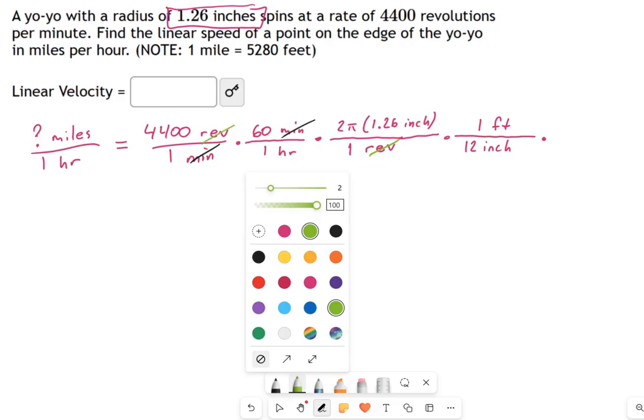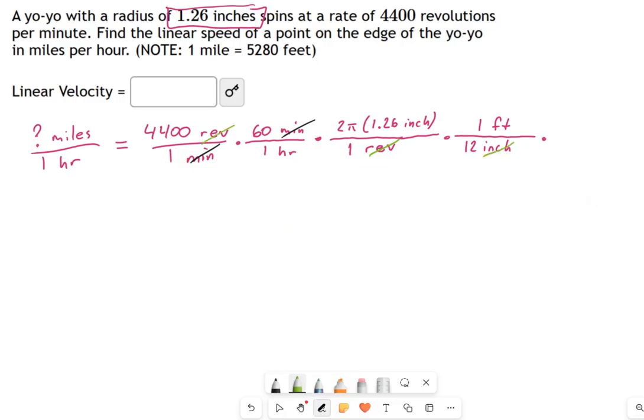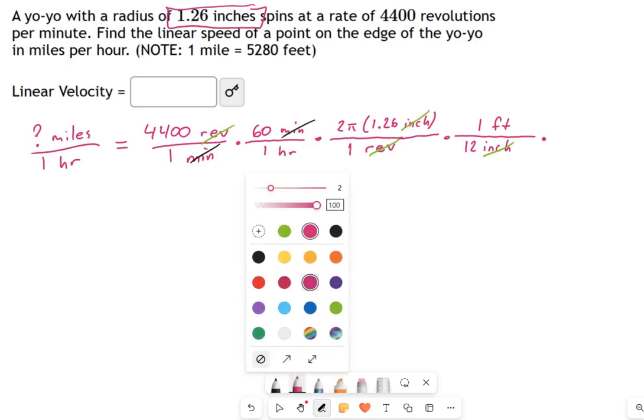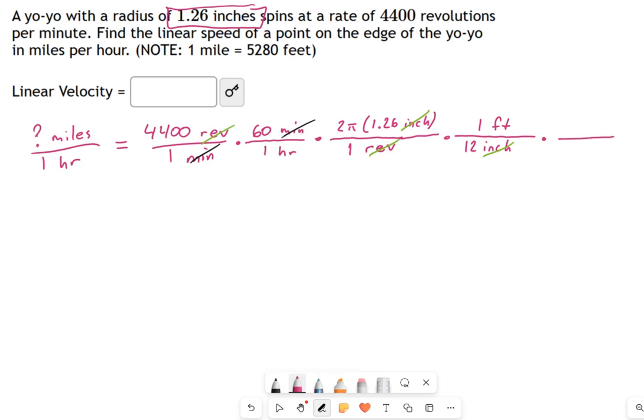Okay, revolutions are gone. And then the next step was I cancel out my inches. Okay, that's right here. And I need one more step. This thing's going to cancel out feet and turn it into miles. So the question is, how many feet are there in 1 mile? It's 5,280 feet. You can complain to whoever set up that system, but not really important now. All I want to do is cancel out the feet. So if you look at what's left in this big old mess here,